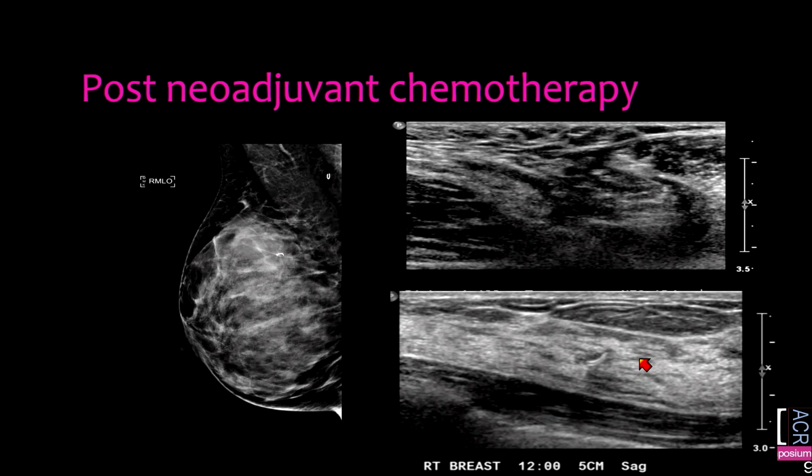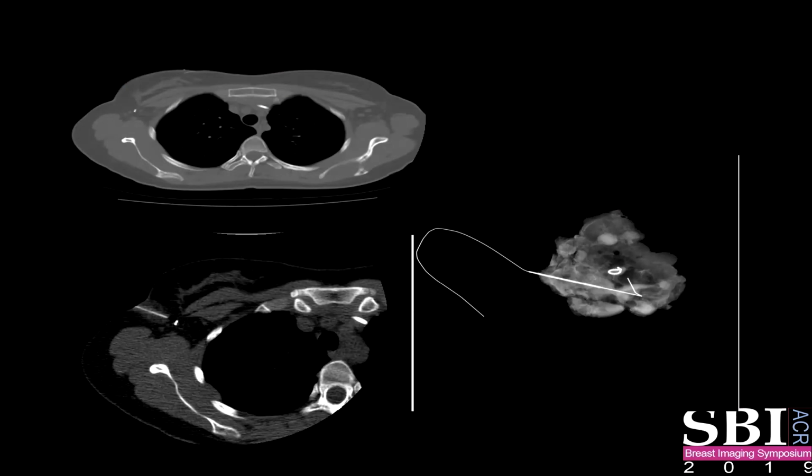So had no option but to take the patient to cross-sectional imaging. So we did a CT and identified that clip in the axilla, and so had to put the wire through CT guidance. So here is the CT-guided wire placement, put fiducials, and you can do it, or you can get your body team involved to do wire localizations. And here's the specimen radiograph showing the clip removed. So sometimes you may have to revert to using this technique.